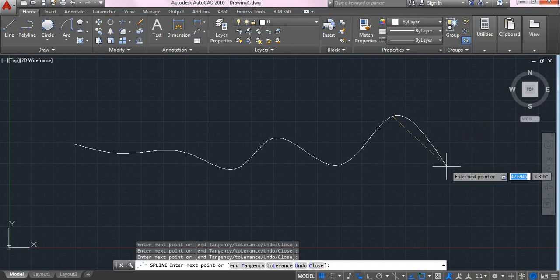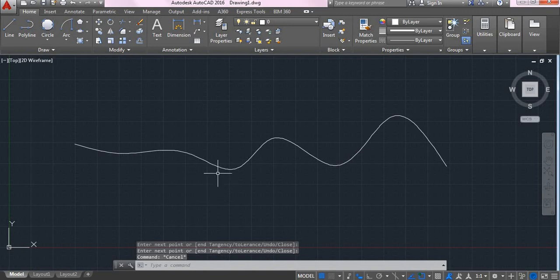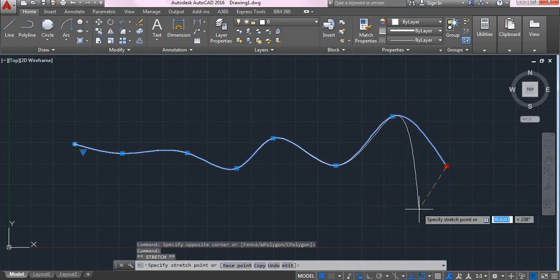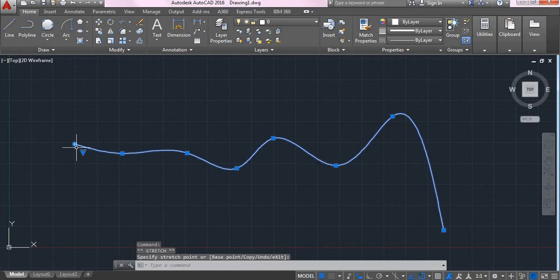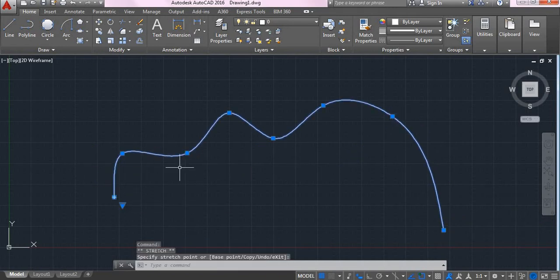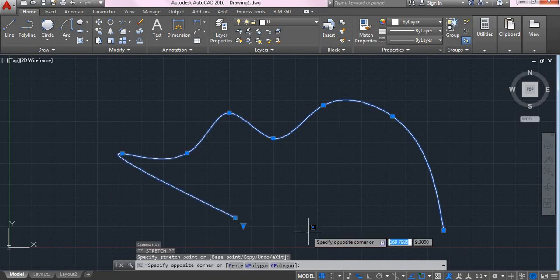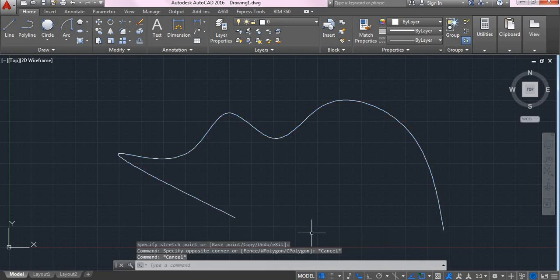Okay, then in order to edit this, you will select a spline and you can see that there are endpoints where I have clicked. With the help of these endpoints, you can control the shape of a spline like this, dragging it wherever you want. So this is how we use the spline option.